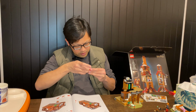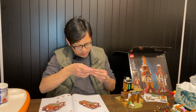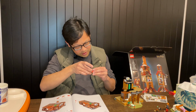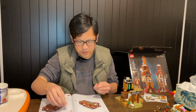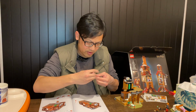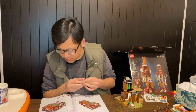Just need to get the stickers all aligned. Oh shoot! That's why I don't like applying stickers. Okay, it's an interesting way to create the moment, but I really messed up the sticker that time. Too far on the edge. But anyway,